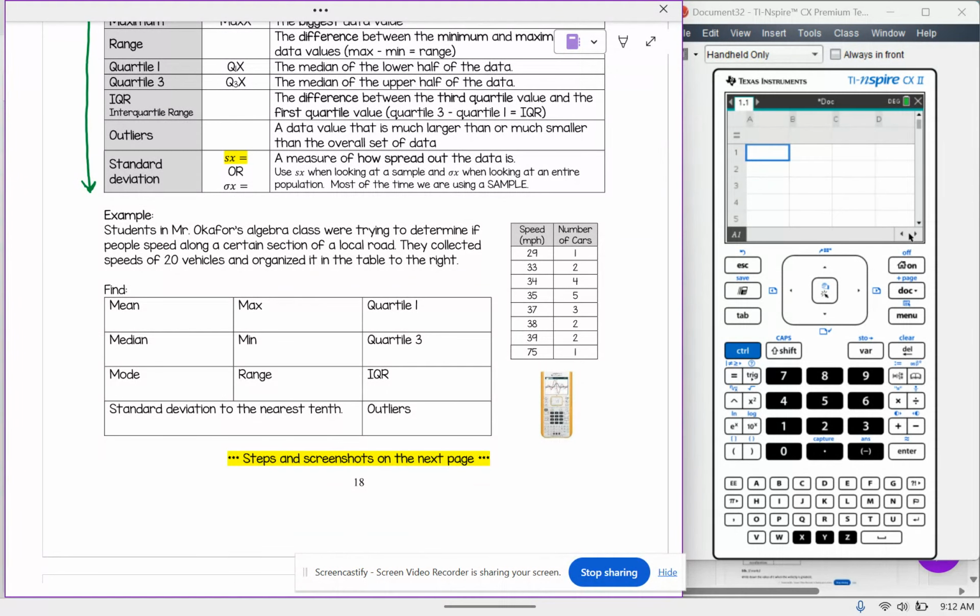Students in Mr. Okafor's algebra class were trying to determine if people speed along a certain section of a local road. They collected speeds of 20 vehicles. So I'm going to go ahead and underline 20 vehicles because that was the number of things that they examined. That's going to be the number of data points that I'm going to have,